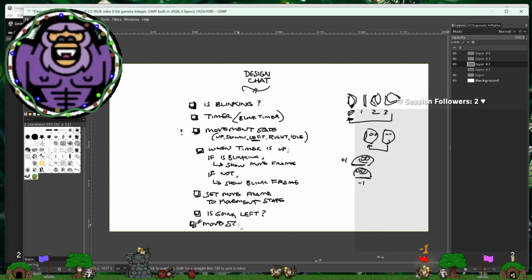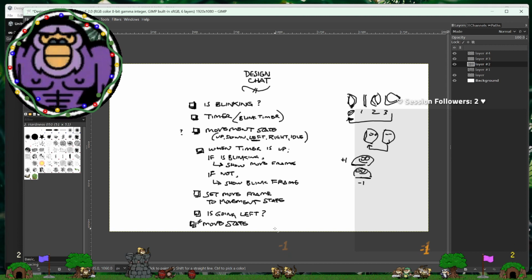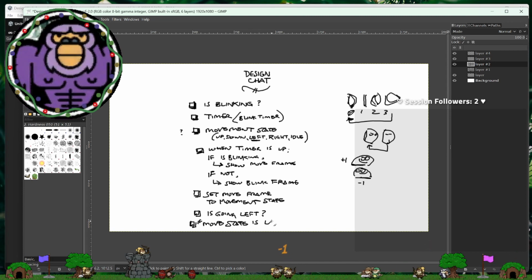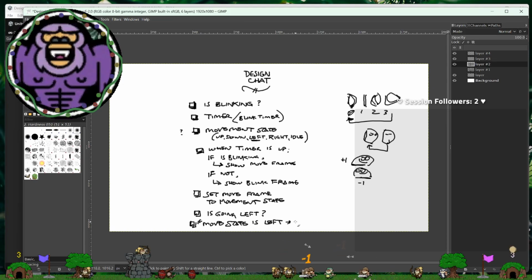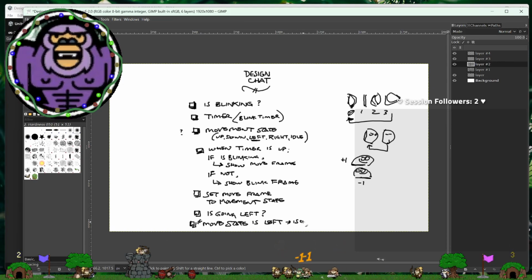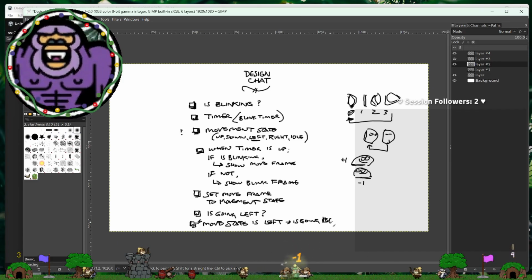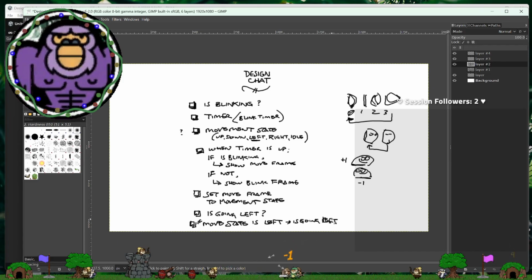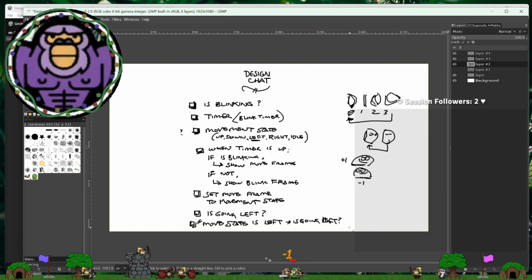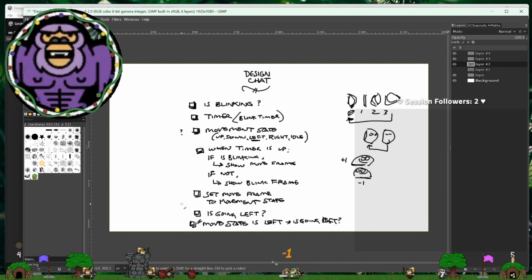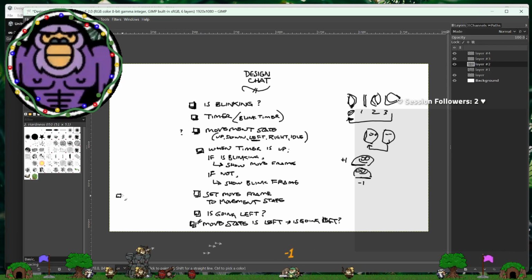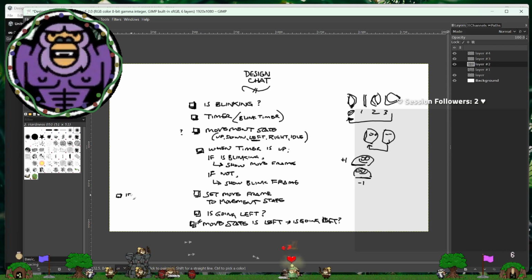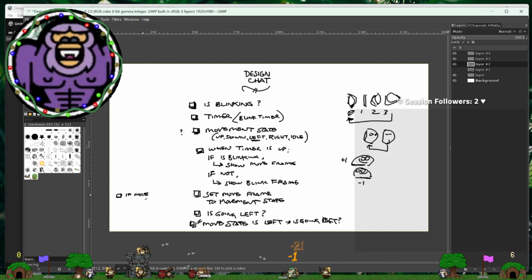If move state is left, then is going left is true. I'm running out of room because this got crazy. I mean, even with the rule set written out like this, it's crazy, right? I'll put the other rule over here. If move state is right.